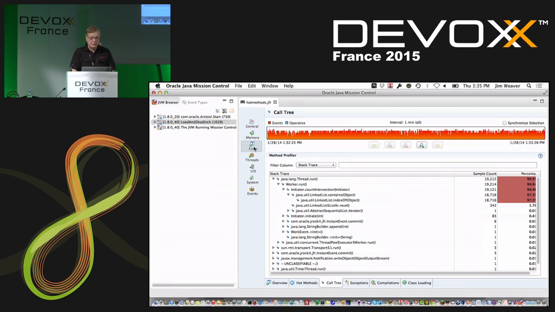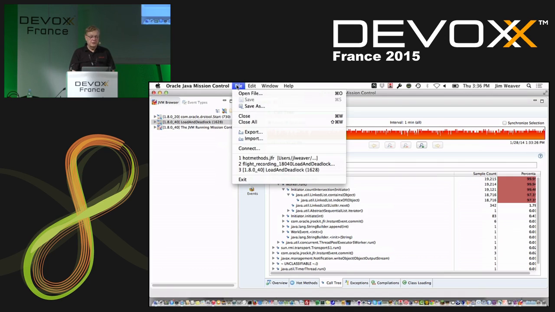Now we've identified what the problem is. The solution in this particular case was that we used a HashSet instead of a linked list, because that has a consistent amount of time for accessing a particular element in the collection, and that solved the CPU saturation problem. Okay? So then the next scenario that I'd like to talk about is